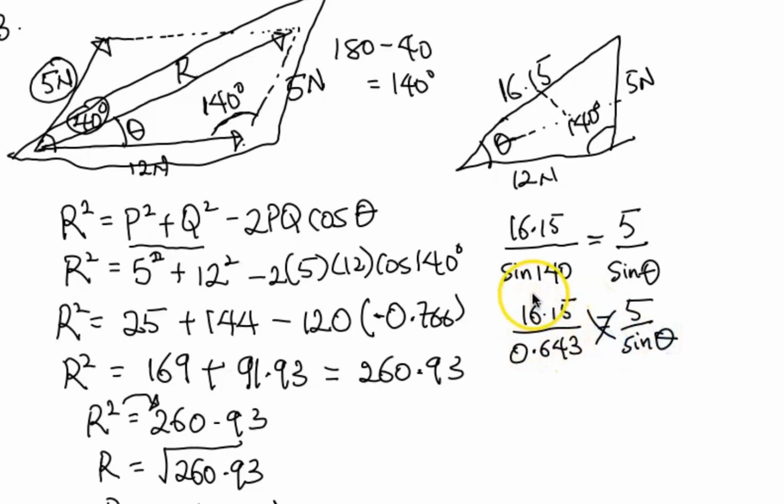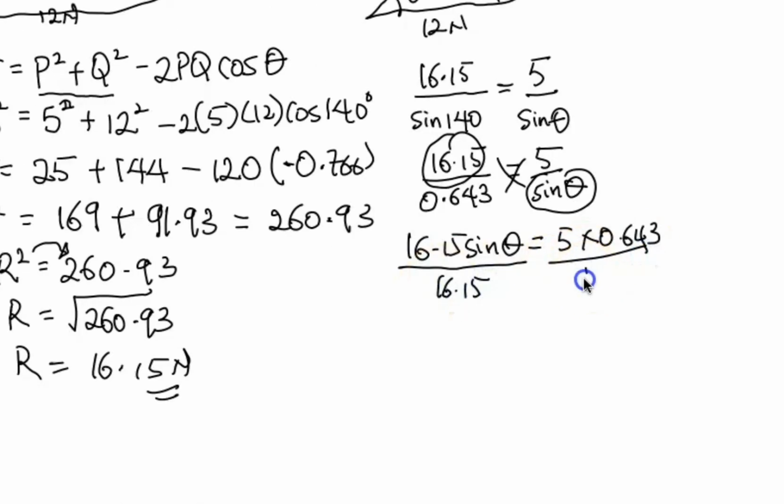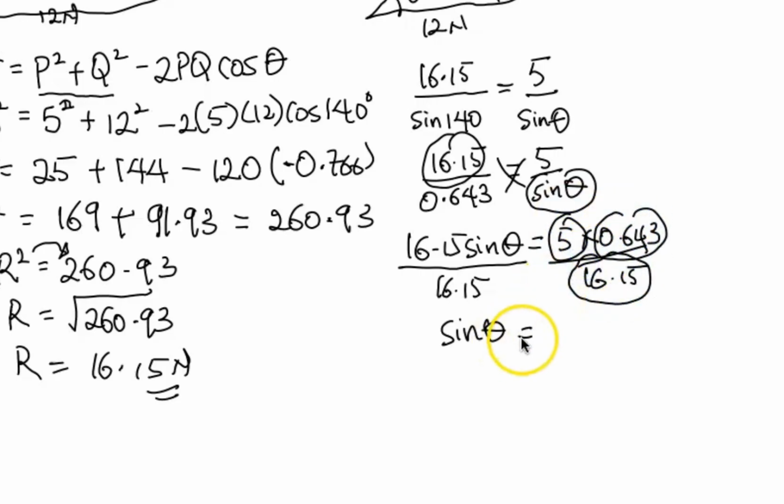Now 16.15 times sine theta will give us 16.15 sine theta, and then we have 5 times 0.643. So we are going to divide both sides by 16.15. So we now have sine theta as 5 times 0.643 over 16.15, and that will give us